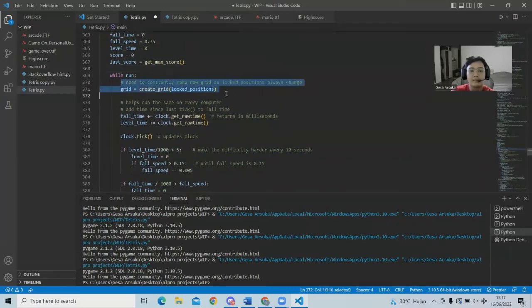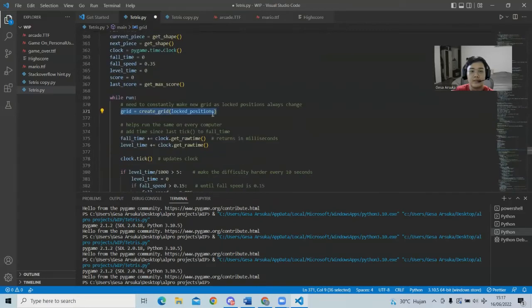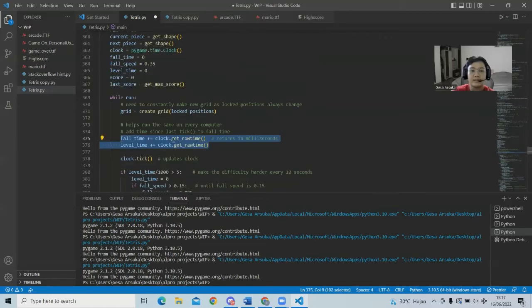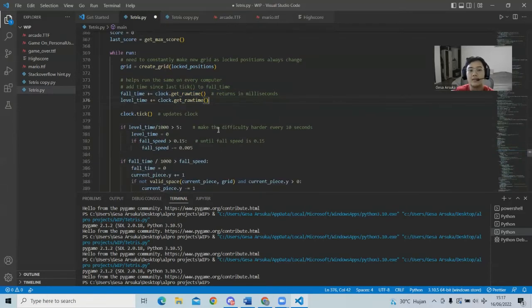While running the game, we're going to create the grid, because first of all, we're going to create the grid, and then this I don't understand, I couldn't explain this correctly, but essentially it's going to access the clock that we have set up here, to act as a timer on our game, so that,